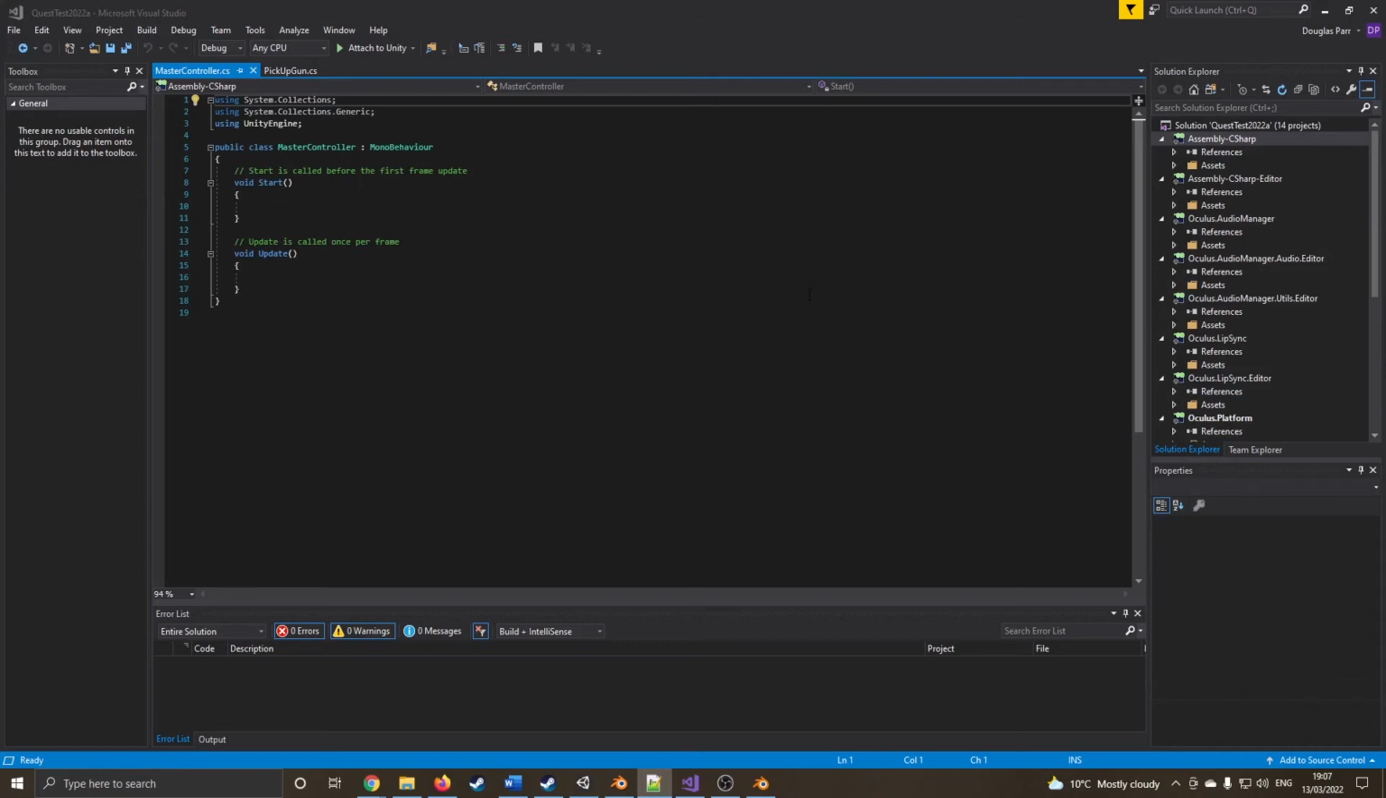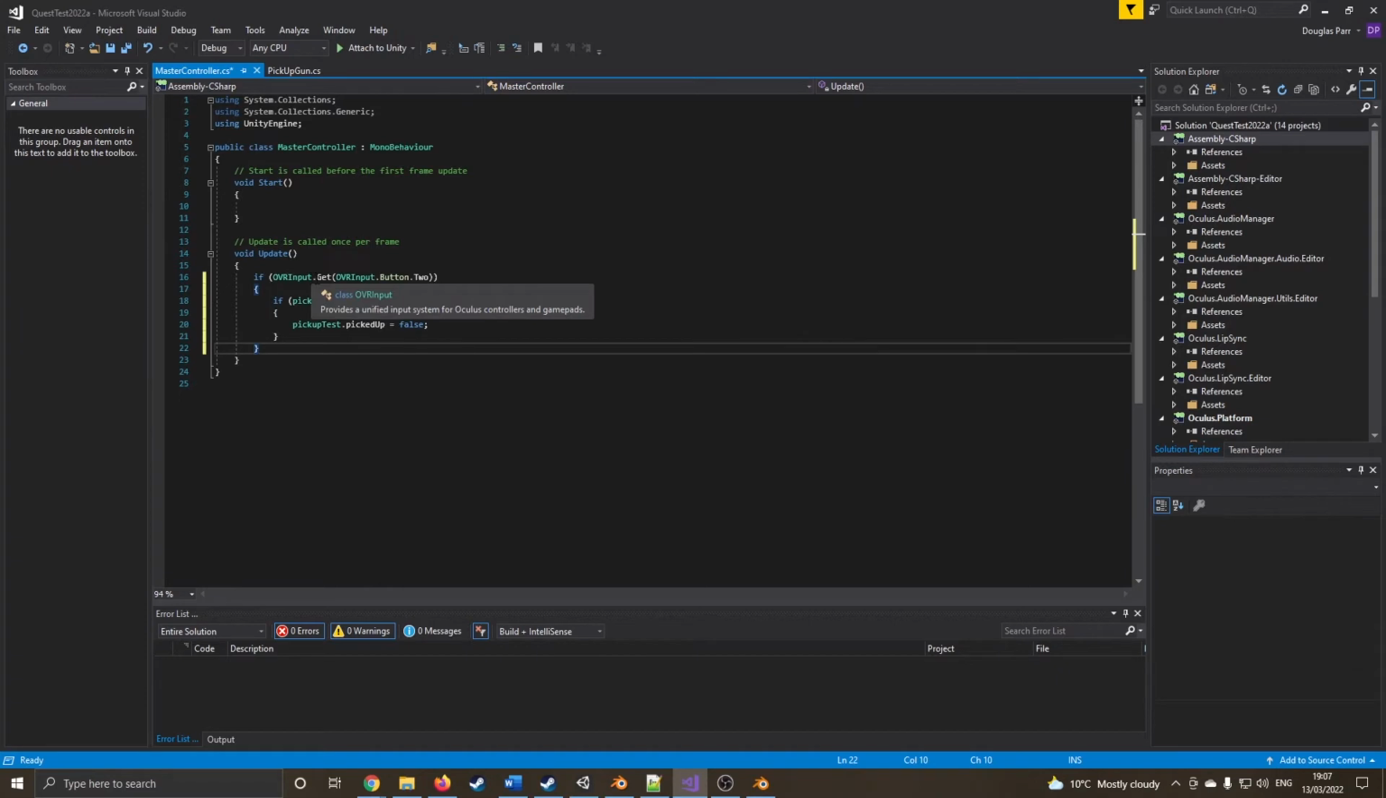And this one's really quite simple. In the update, all I want to do is create a trigger button so that if we put it down. Now I've already got a controller for teleporting, so I'm just going to go into our update. I'm just going to say if our